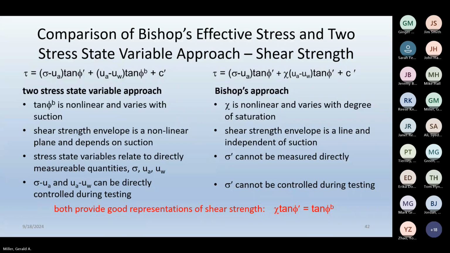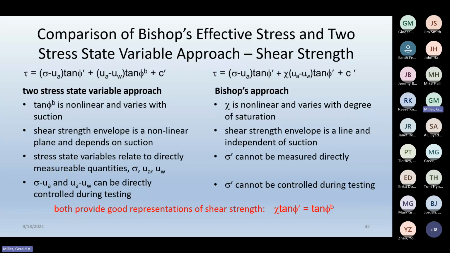And so this is just a summary of a comparison of these stress state variable approaches using shear strength as our reference. One thing we note, which is kind of an interesting behavior, is that this tan phi b is often a nonlinear function of suction. Whereas phi prime is usually linear over a fairly large range of normal stress, phi b tends to change